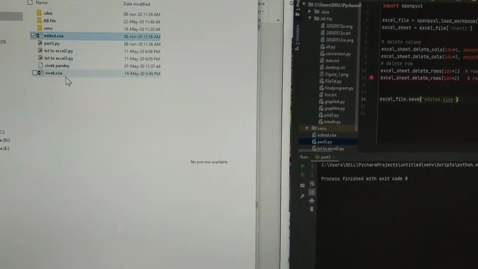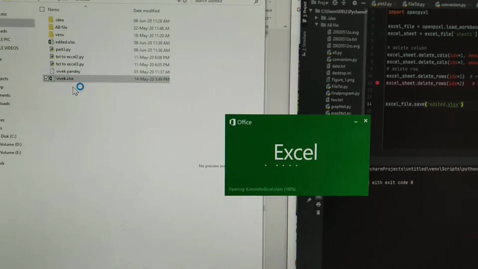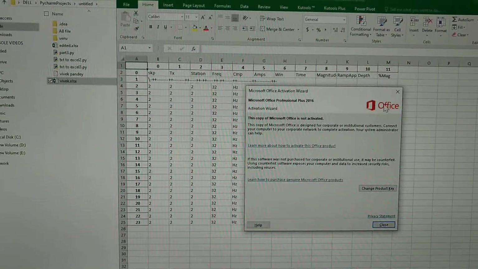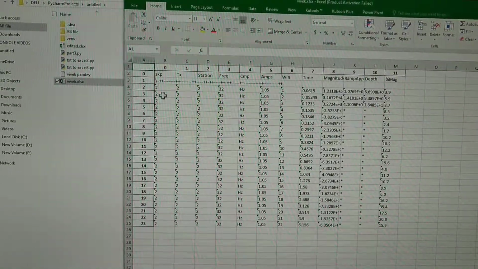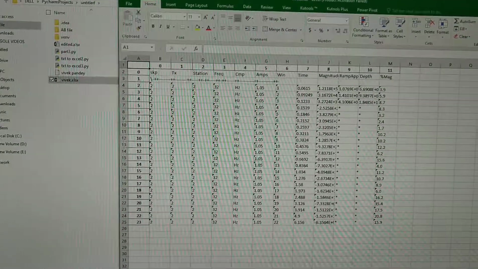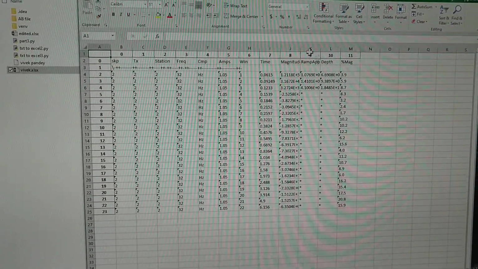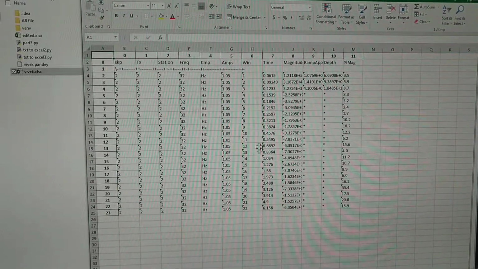So we can see the initial file is looking like this. I want to delete these, I want only the time and magnitude columns.